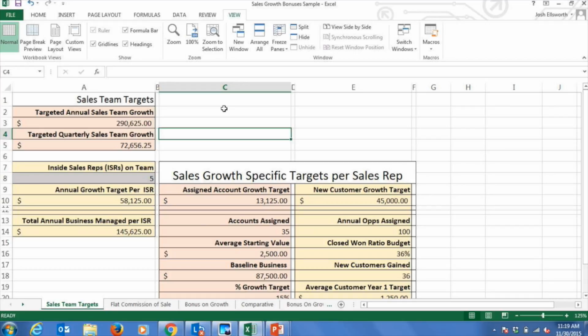This is a traditional model where we pay X% for the total value of the sale that comes in. Another one would be a growth-based plan where we are rewarding a bonus that can be higher or lower depending on the growth amount. And then the last one would be a bonus on growth plus, which factors in a couple key things